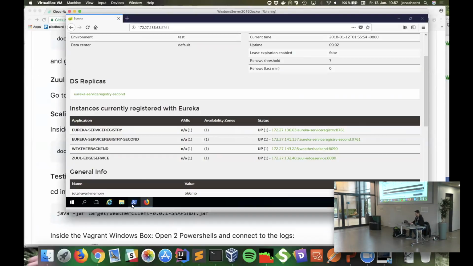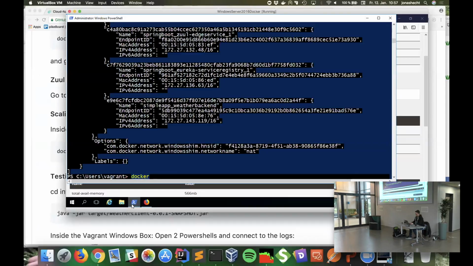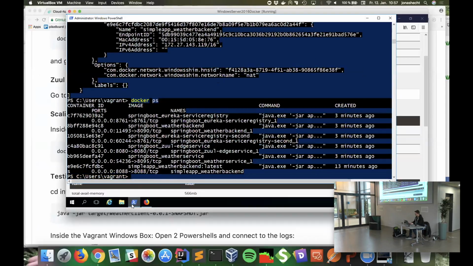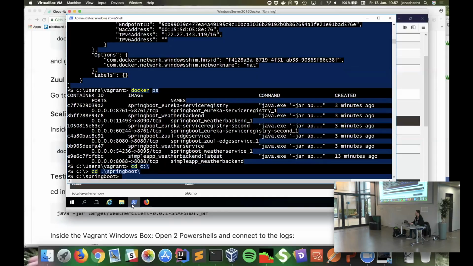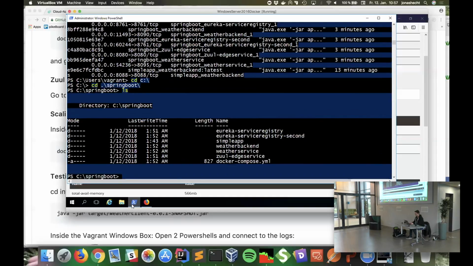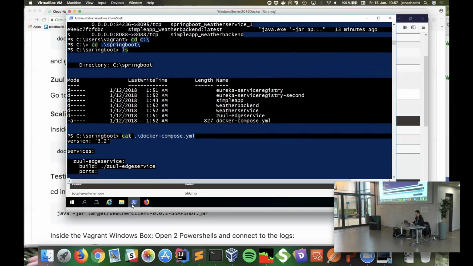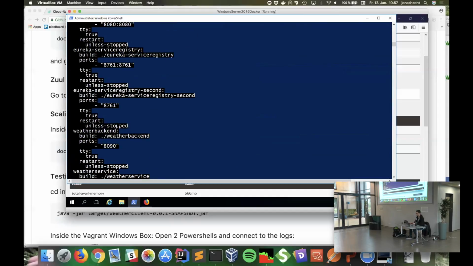What should we scale? I think we should go to the folder where the Docker Compose file is located. So, you know, this thing here with the services.